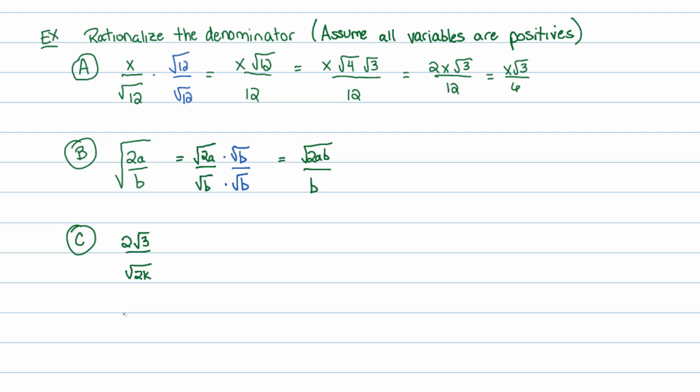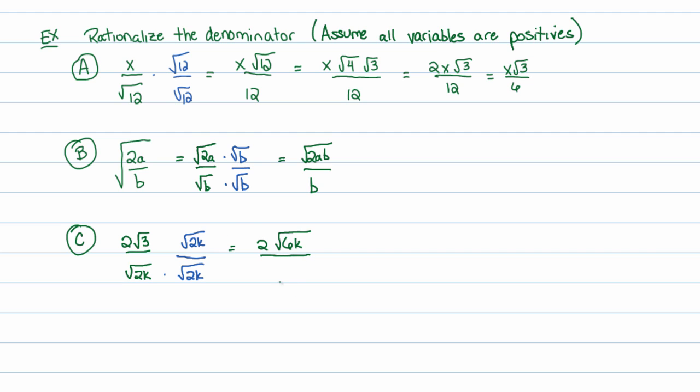So we have another example. 2 times the square root of 3 divided by the square root of 2k. Again, I see the denominator contains a half power of a picture, that picture being 2k. So I'm going to multiply the denominator by the square root of 2k and the numerator by the square root of 2k. When you do that, the numerator becomes 2 times the square root of, remember, square root of 3 times the square root of 2k is the square root of 6k,